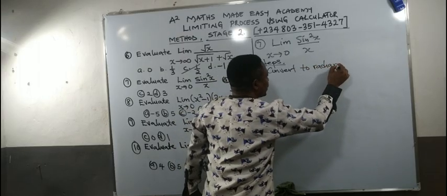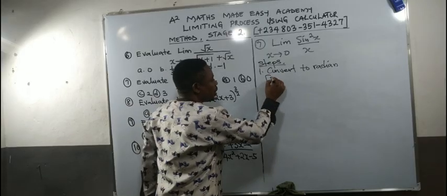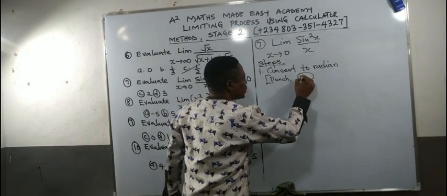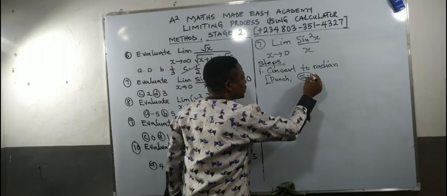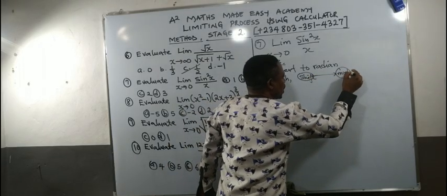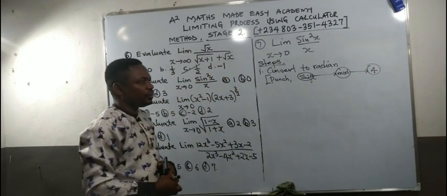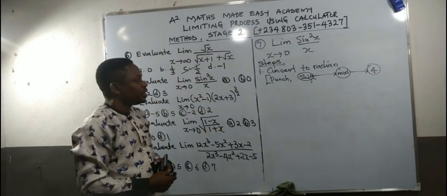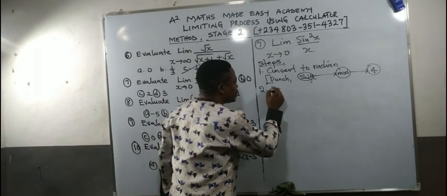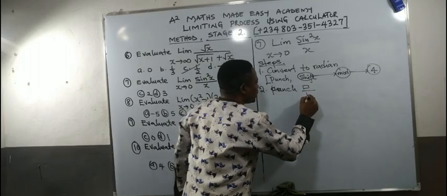What did I say? Convert to radian. Then how do we convert to radian? We are going to punch Shift, followed by Mode, and finally we punch 4. So everything will now be in radian. Then the next step, which is the second one, is to punch 2 boxes because it comprises the numerator